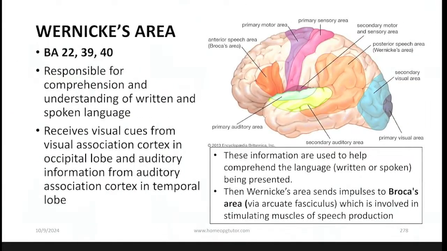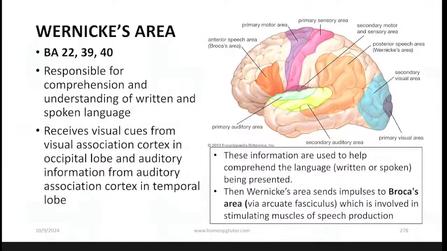Also, just a little bit about Wernicke's area. We have already mentioned Wernicke's aphasia quite a long time back. So Wernicke's area, we have Brodmann areas 22, 39 and 40. Basically what it deals with is comprehension and understanding of written and spoken language. Correct. So basically whatever visual cues are there from the visual association cortex, which is in the occipital lobe, they are going to take it,